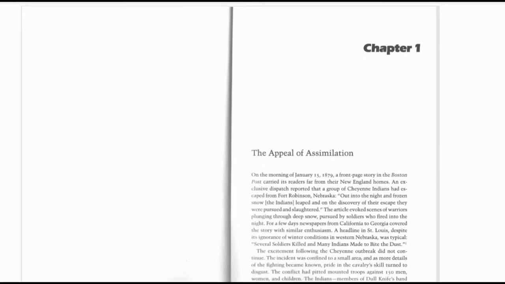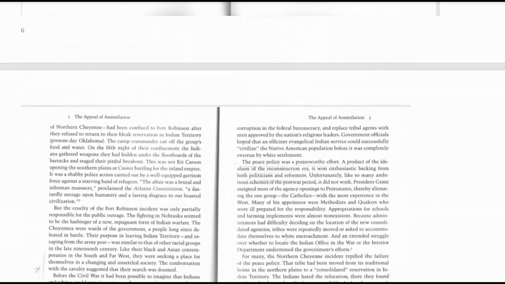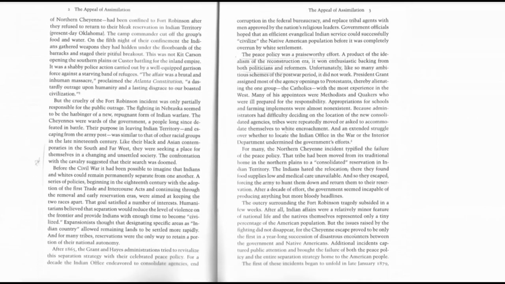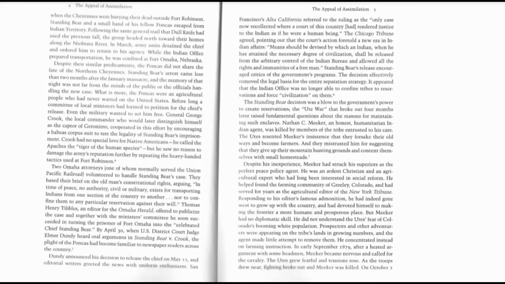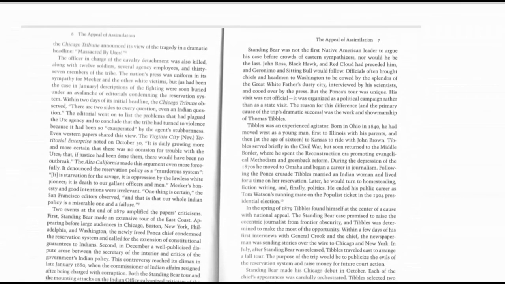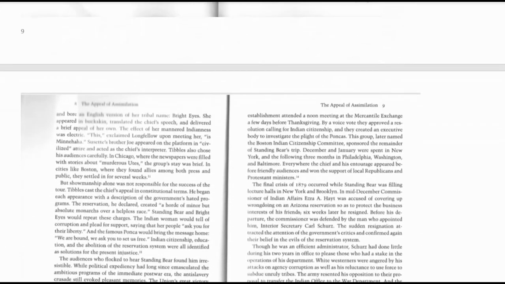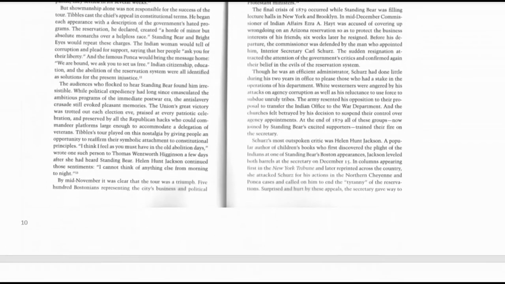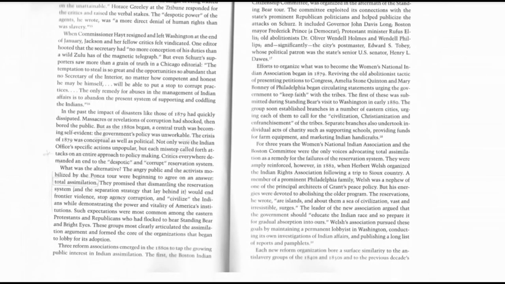So what he is talking about here is how there was a change in attitude amongst the public and also amongst the government about what the best thing to do to try and "civilize", in inverted commas, and assimilate Native Americans was. So, what was the best thing that they could do to try and improve the situation in terms of assimilation of Native Americans? And we see towards the end of the article, in a part of it that's actually marked there, that as